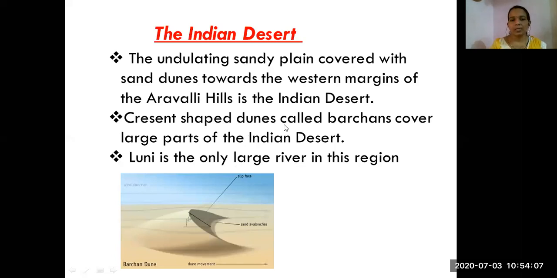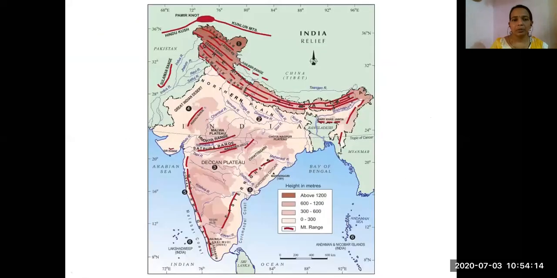One remarkable thing is that this part of India is not getting much water. Why is it not getting much water? Because there is no obstacle for the monsoon wind. For the monsoon wind, obstacles are needed. But in this region, there is no obstacle. One Aravalli range is here, but this is also parallel to the monsoon wind. That is why there is not much rainfall, or the rainfall is very less.